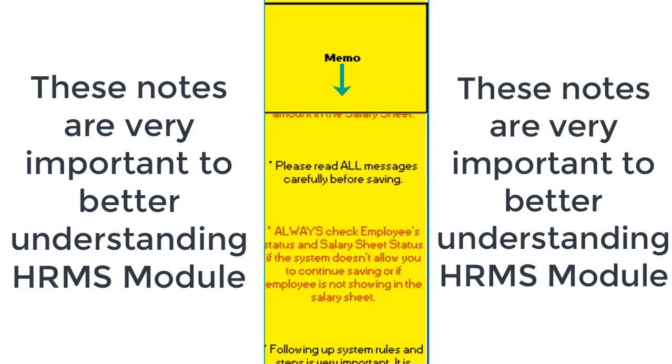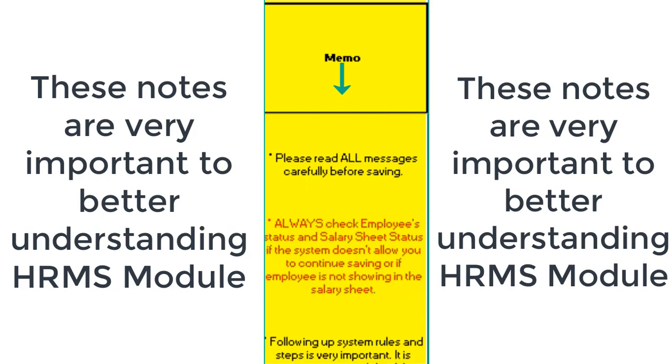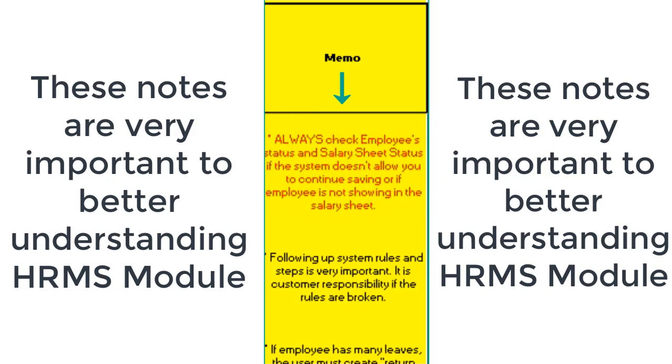and for all other activities in general. And please make sure you read all pop-up messages which pop up on the screen before saving, because they are crucial. And always check the employee's status in order to know, for example, why their names are not showing in the salary sheet. So for example, if an employee went through end of service and their status is inactive, the user might wonder why their names are not showing in the salary sheet, basically because they went through end of service